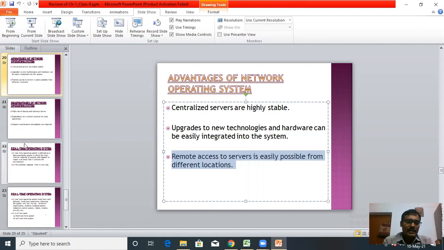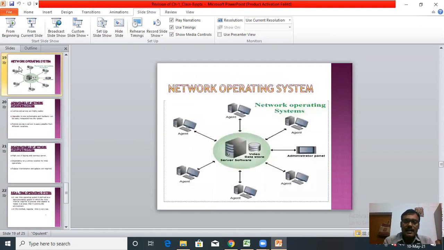And in this picture, there is a centralized server which is highly stable. If the server stops working, there will be a failure in the entire network. But if there is a failure in a client computer, the entire network is not going to be affected.